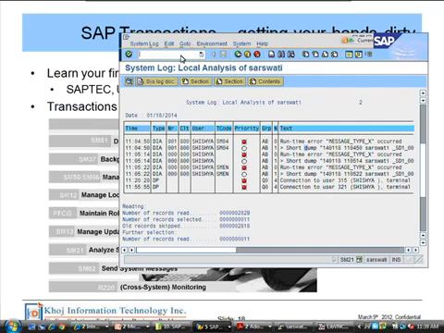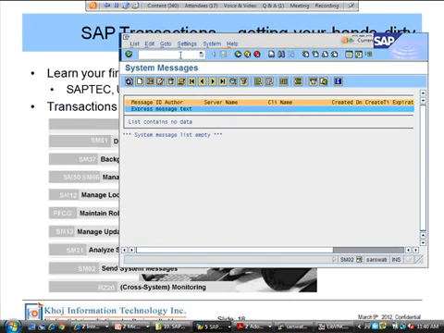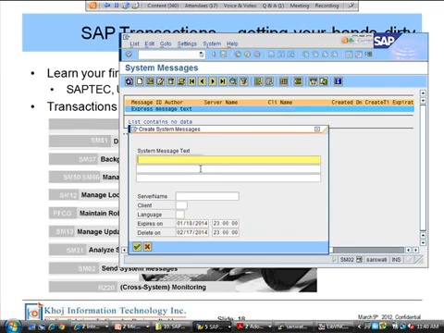SM02 is a system message. If as a system administrator I need to publish a message, I can use the transaction SM02 to do that. I can create a system message. We have been going for 2+ hours, will end soon.